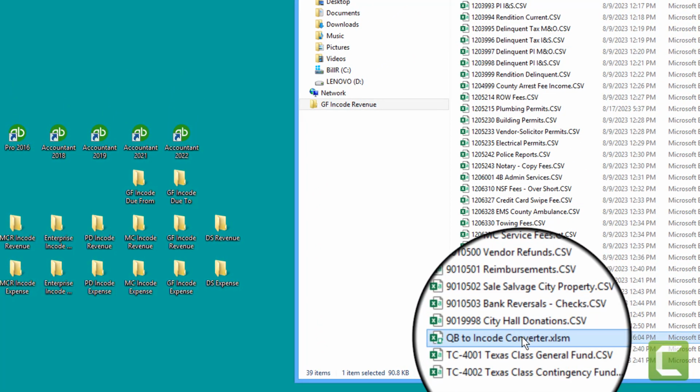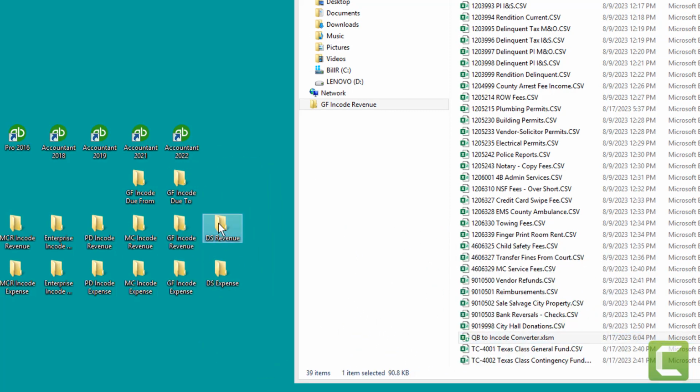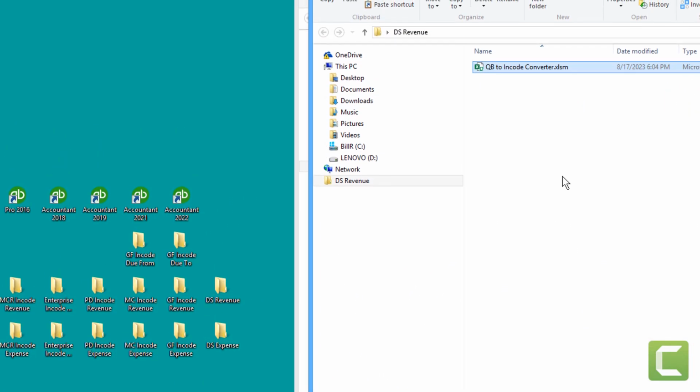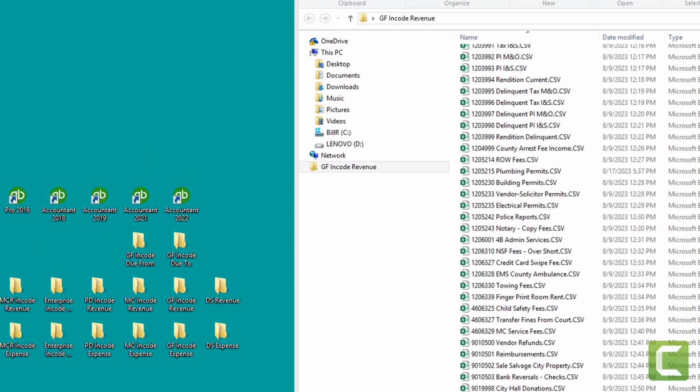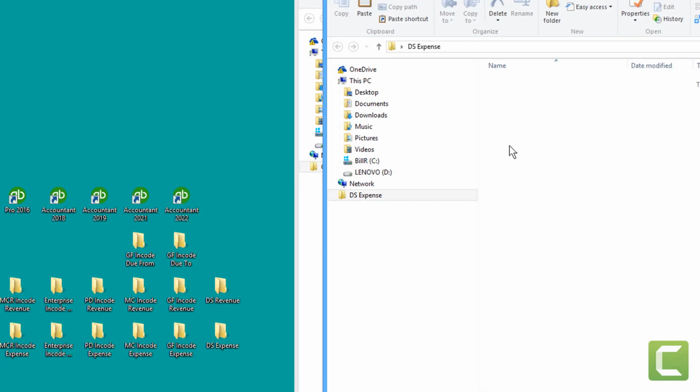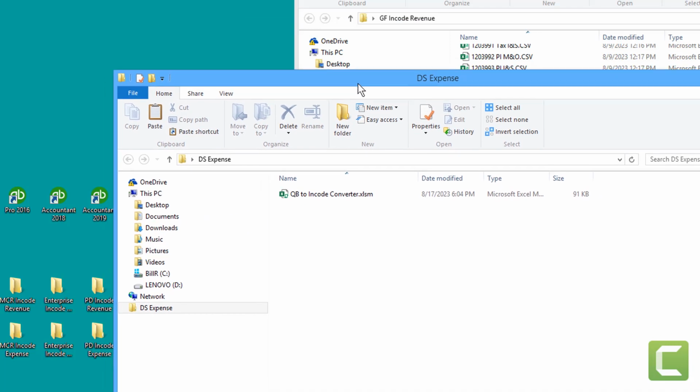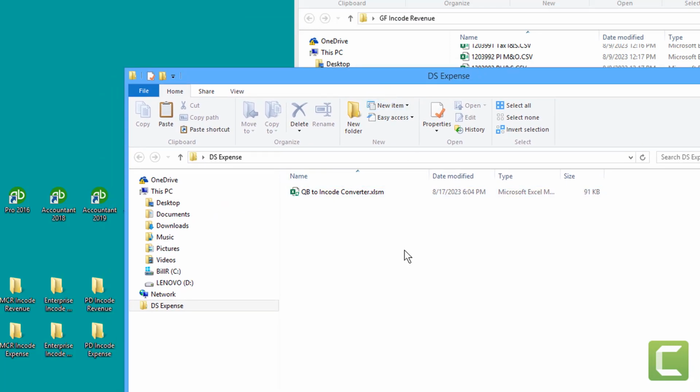So I'm going to do a Control C. Put one in here. We'll open up debt service expenses. Control V, put one in there. Now then, the last thing you want to do, or maybe the first thing, if you create a new folder and you copy this over, depends on where you copy it from, is if it has activity or not.